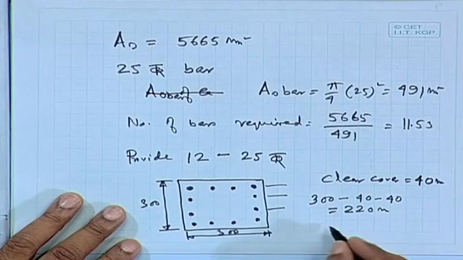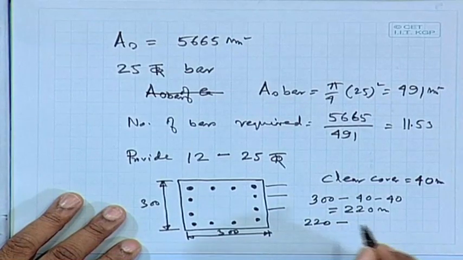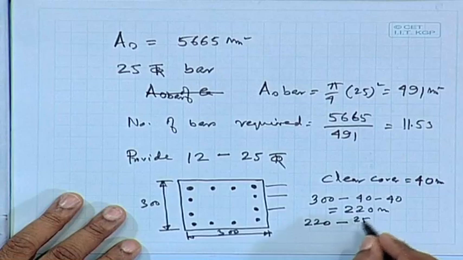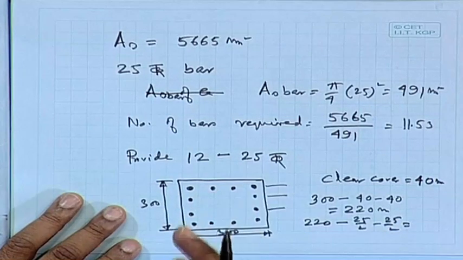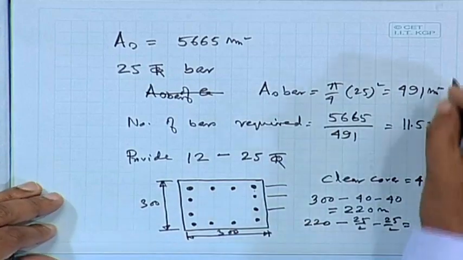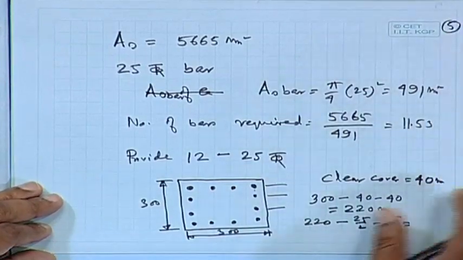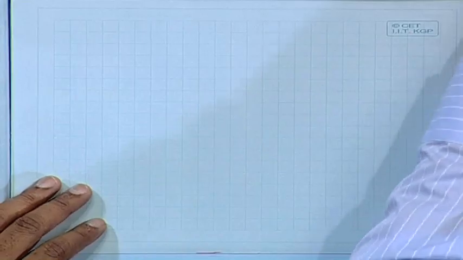Okay. So, 220 minus 25 by 2 minus 25 by 2, it means from both sides, from the center I am talking. So, what we are getting here,